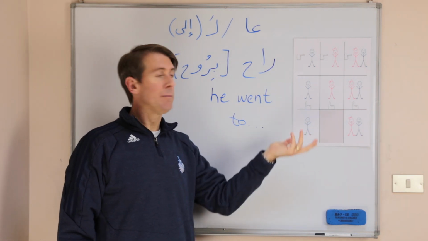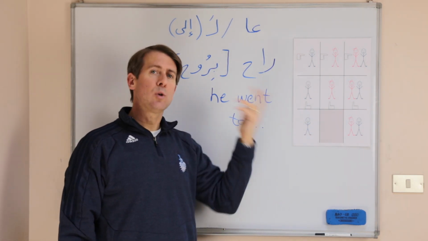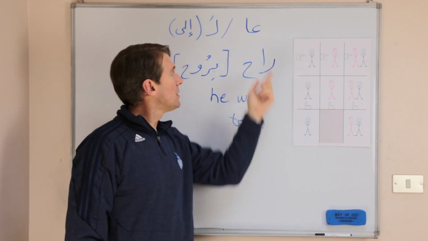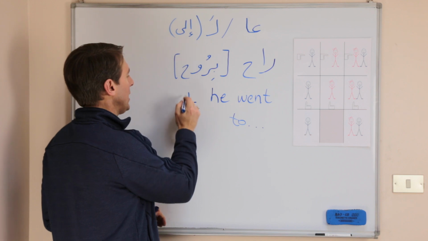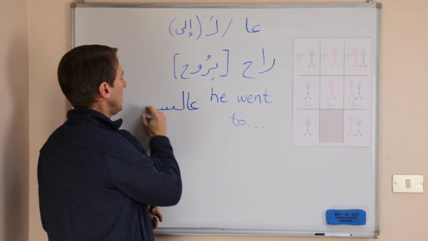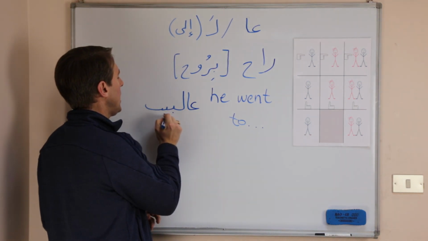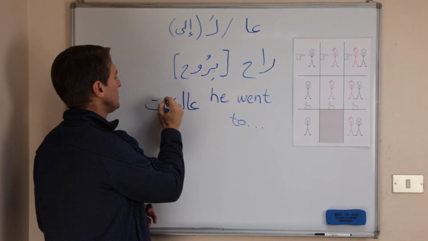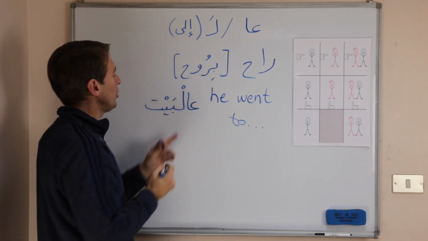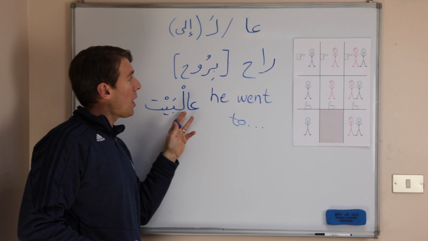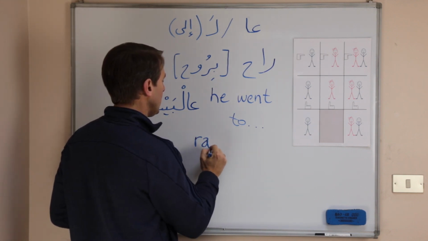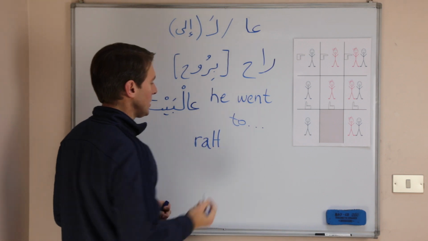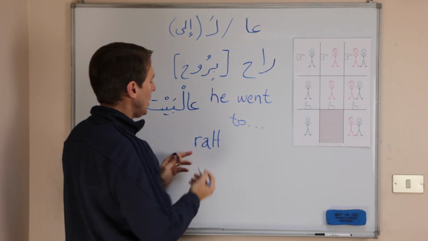raaH a supermarket. All right? raaH al bayt. So it's al bayt. So it would look like this if you had to write it. Al. All right, raaH al bayt. See that? And then there's a sukoon on the lam. So raaH al bayt. And this would look like, if you want to see the transliteration of it, it would